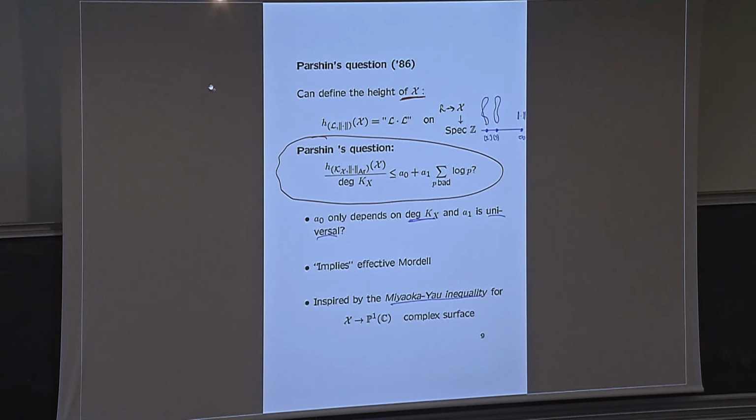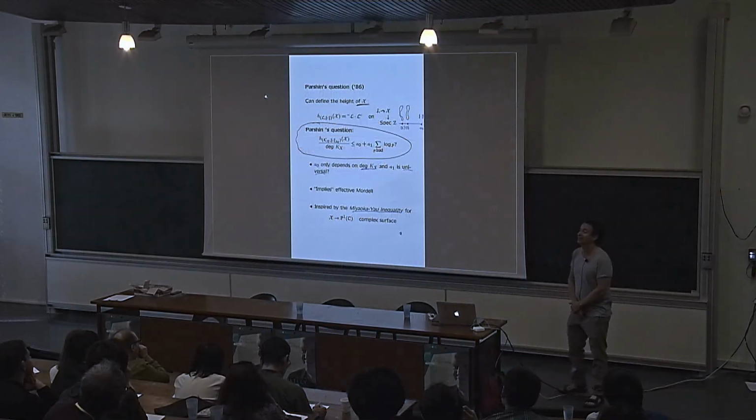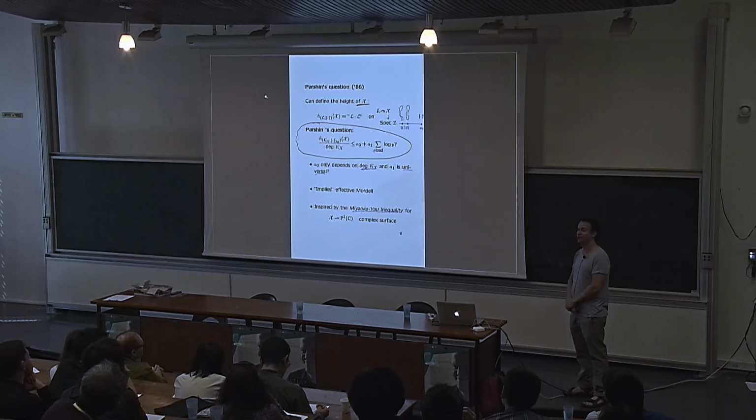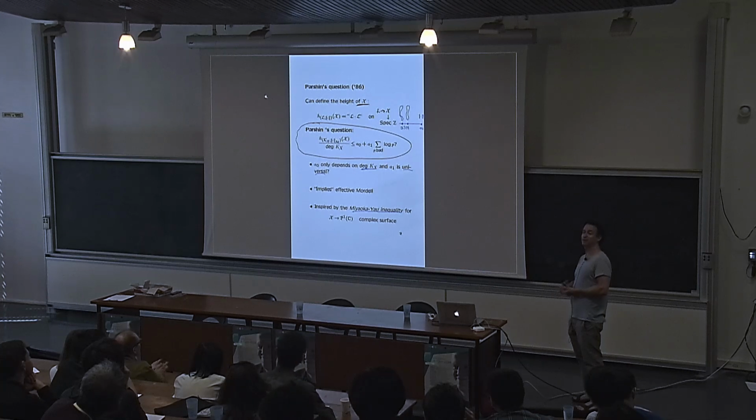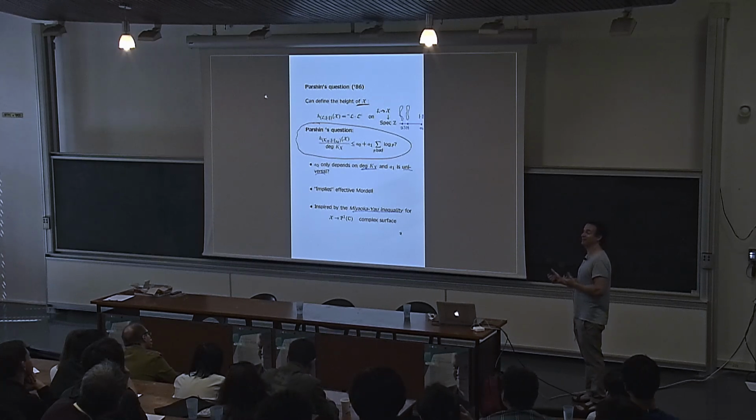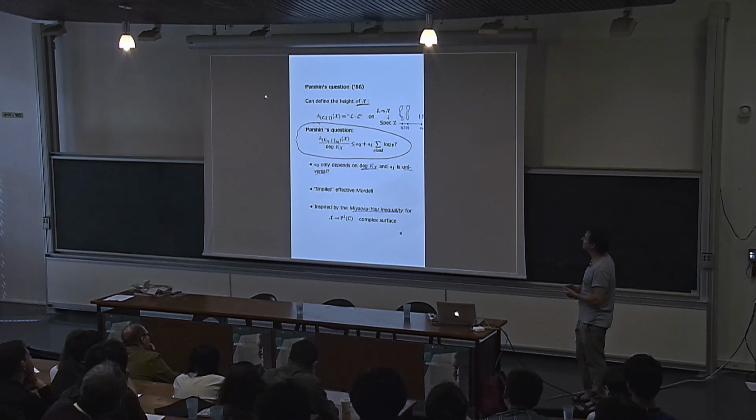So this is Parshin's question, and the reason he asked it is that he would be very happy if the answer was yes, because that would actually imply the effective Mordell conjecture. With a caveat, though. Ideally you would say, I start with my X, I want to estimate the height of its points, so maybe it's enough to estimate the height not of the points, but of the model itself. That doesn't work, unfortunately. You need this universal bound for all models in some sense,